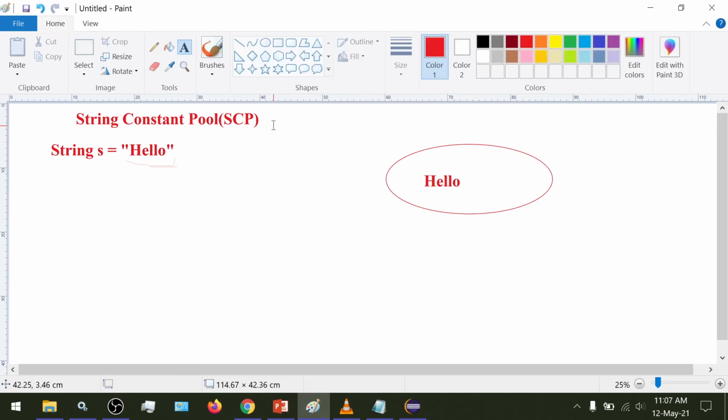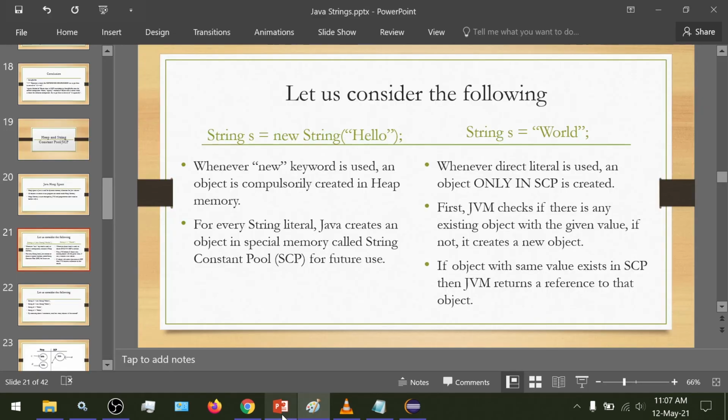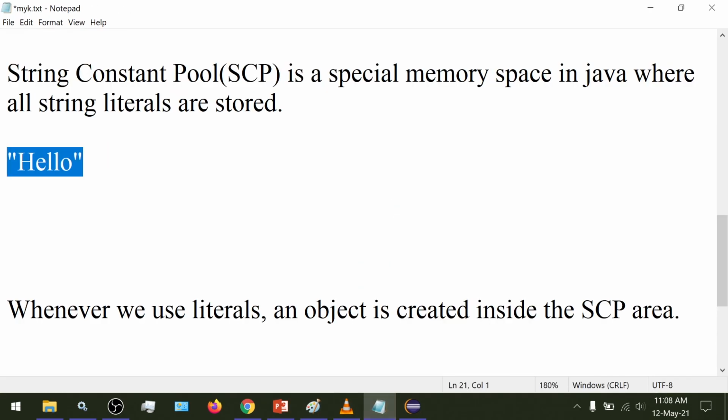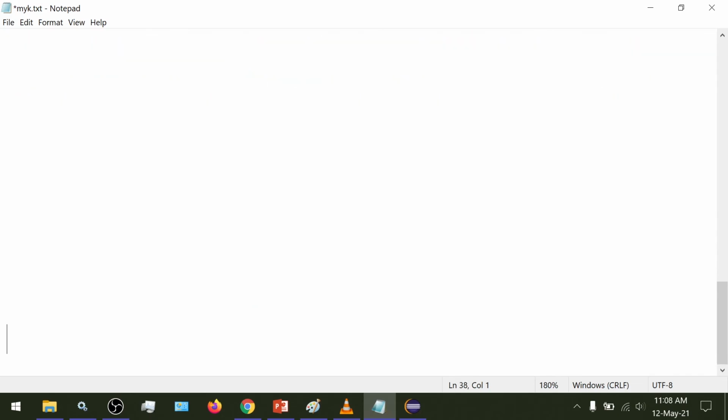So this object would be inside the heap memory, and we would get the reference variable s pointing to it. So now moving on. So now this part is important.